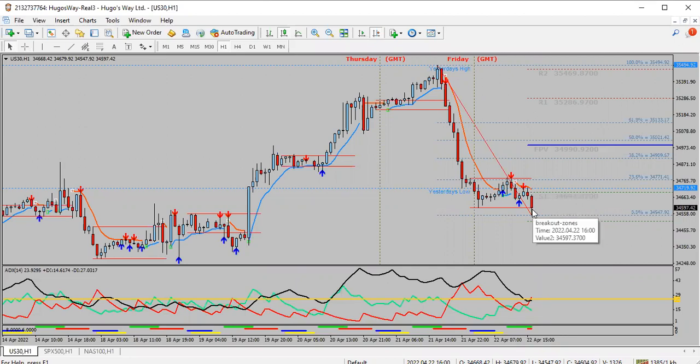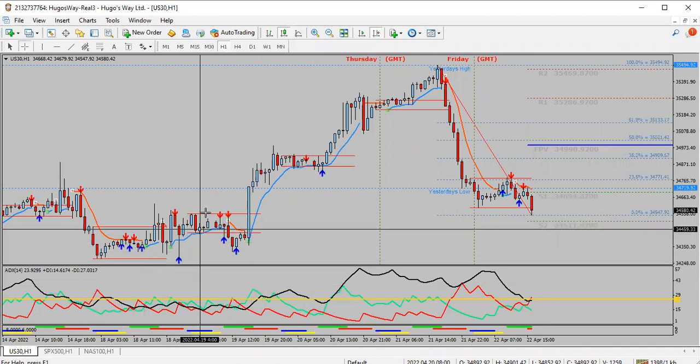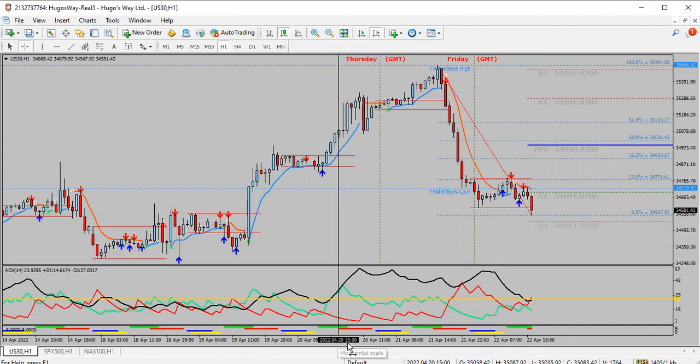Let's see. Like I said, US30 is not there yet, but that was a little big push just there. But US30, like I said, I want to see it come back and play to this area down here, because it didn't necessarily drop already. Let's see if there are any news folders. Where is it?